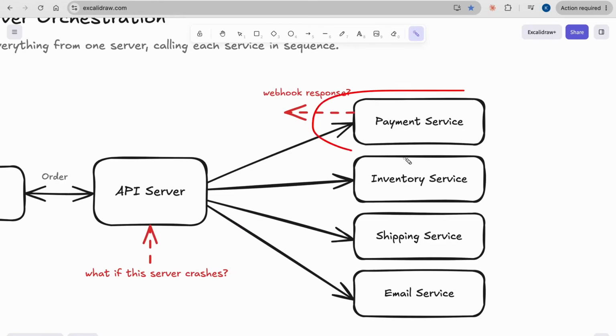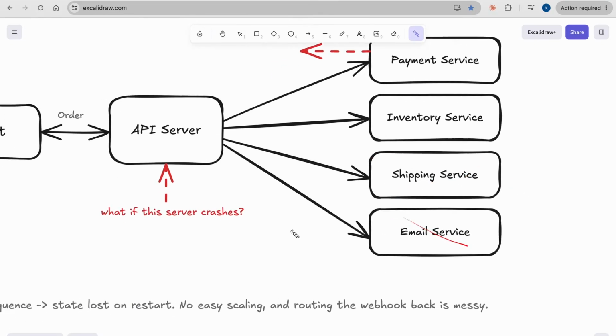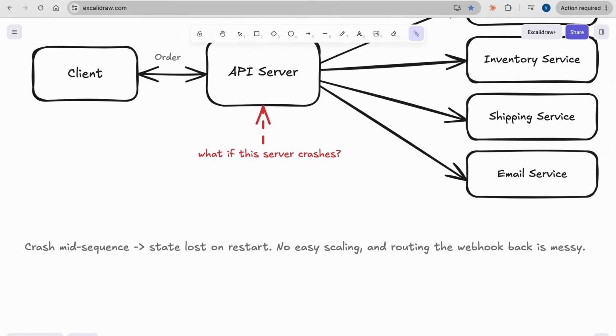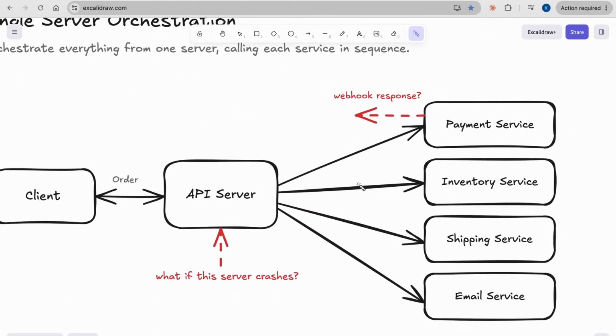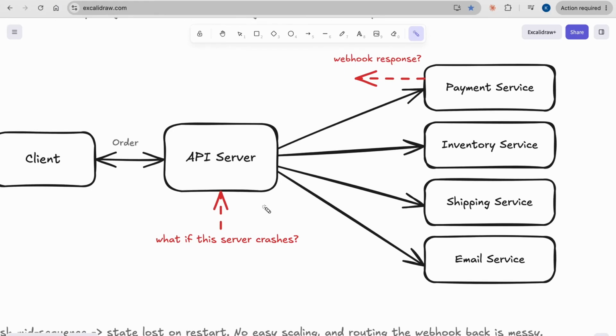Basically what we do, we try to charge the payment, reserve the inventory, create a shipping label, and send the confirmation email. So that's the flow it's going to look like. So the single server that we try to handle all of this, and the payment service, of course, will receive the webhook response and all those things. But the problem is here, assuming everything is happy path, and we assume that we never have to do anything with scaling. It's a good path to start, and we'll say okay, this is fine, it's working fine.